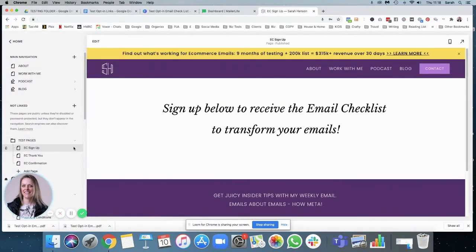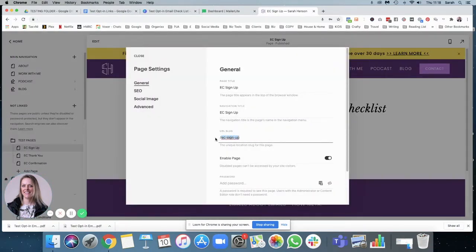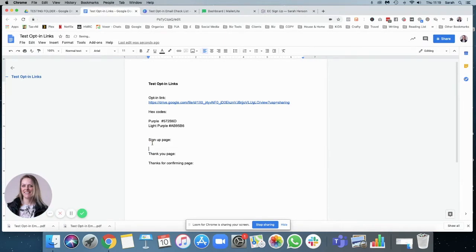What I need to know is the URL. So this is the URL slug. This is what comes after my sarahhenson.co.uk. So we want to put sign up page. We want to put HTTPS and then copy and paste that slug. And sure, there should be a slash there. So that should be that one. Next,